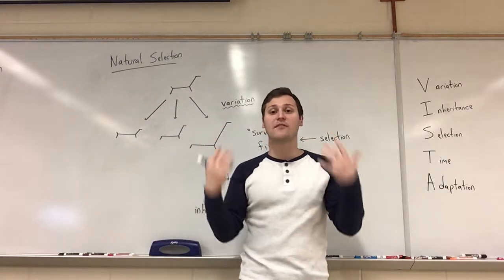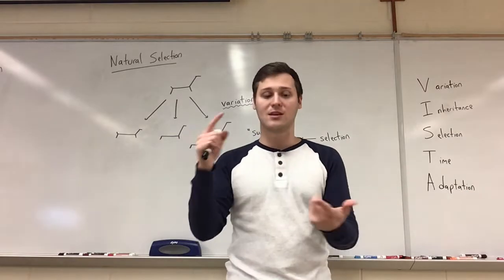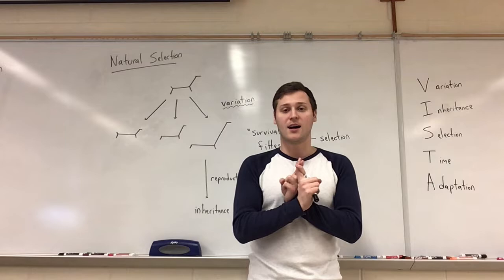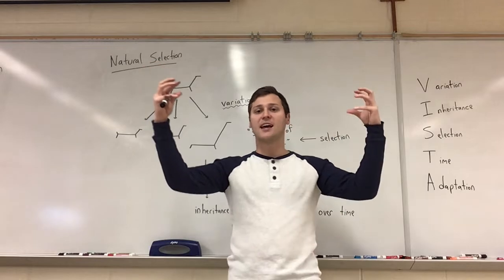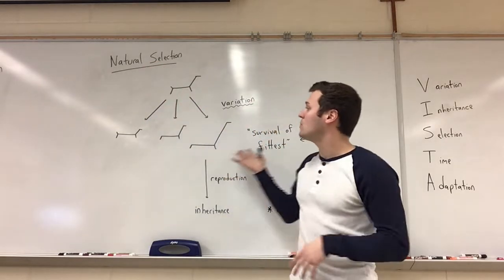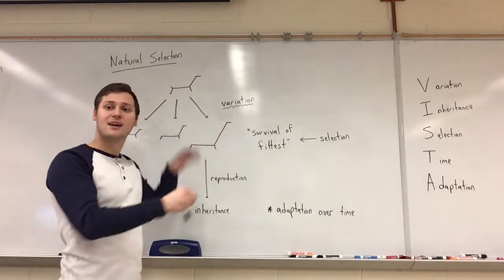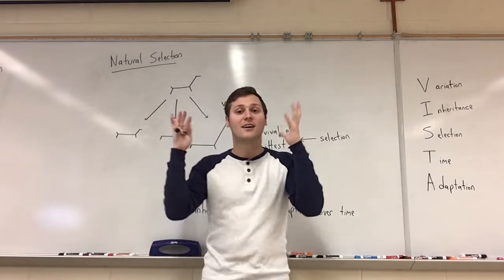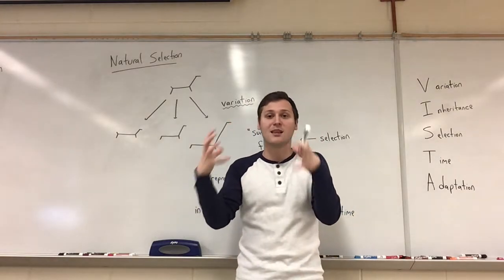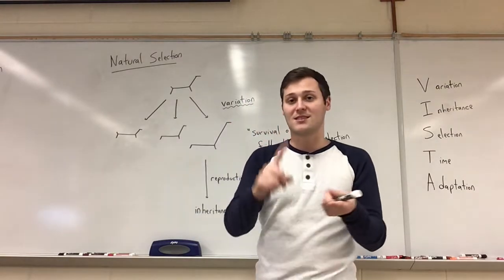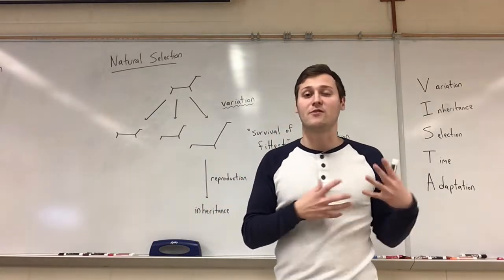You can see this even if you have siblings. If you have siblings, you know that you don't look exactly like your sibling. And that's due to things like mutations, that's due to things such as crossing over during meiosis, random sperm and egg fusion. So all of these things lead to variation in the offspring, right? So now, if we think about Thomas Malthus, he talked about how human populations can only grow at such a fast rate. And he said that there are these limiting factors, such as resources, space, food, for instance. There's also things like diseases that could limit the population of humans.